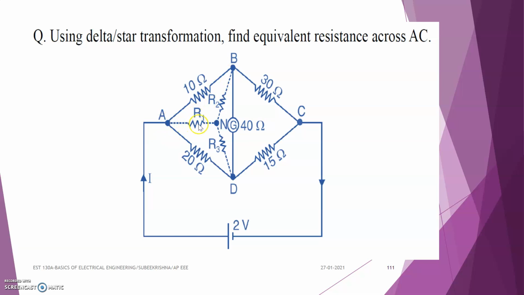So this is the star equivalent of this delta network, and here RA is present, and here it is RB, and the third one is RD. So next we are going to find out the values of RA, RB and RD. The resistance which is connected to this point A is taken as RA. Instead of R1, please take RA. And here the resistance which is connected to point B is RB, and the other is RD.